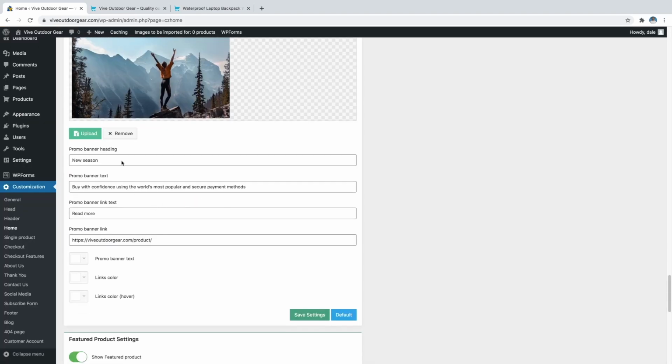And then you can change the text down here as well. So you've got the banner heading, so new season. So we could say something like, you know, new camping accessories or something like that. And then the banner text, buy with confidence using the world's most popular and secure payment methods. You could maybe write something about these camping accessories. So we could say something like new tents, sleeping bags, cooking utensils, you know, etc. Something like that. Cooking utensils,